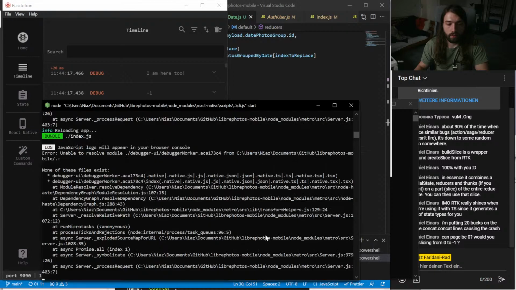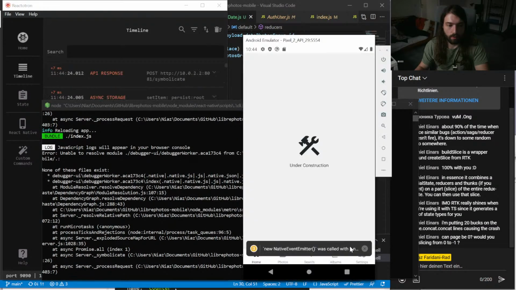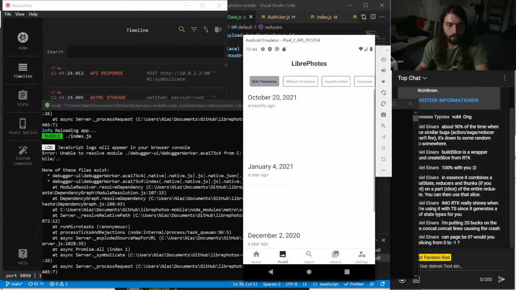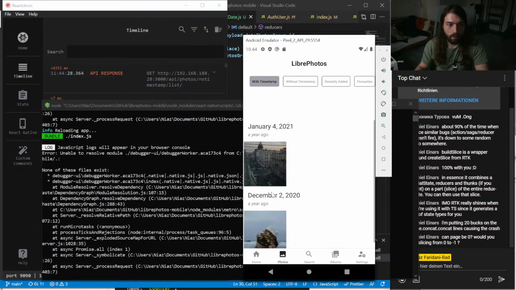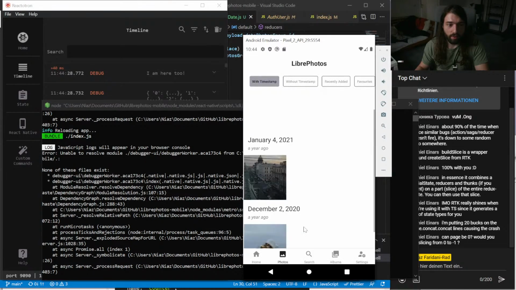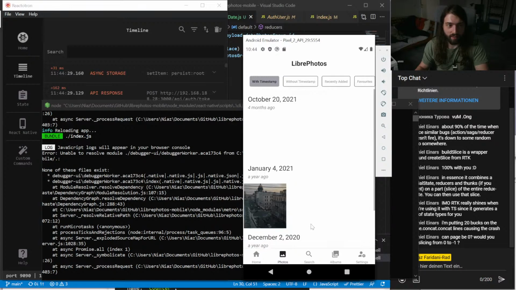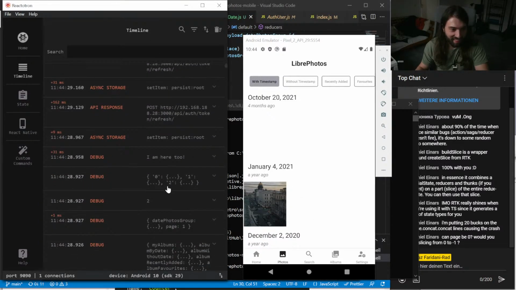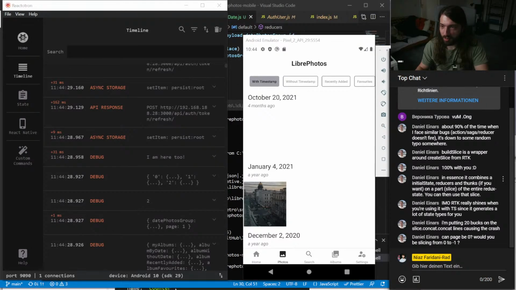Okay. Reload. Images are showing up, not for the first one, but for the other ones. Amazing. It's basically a win. Alright, so I will take a short break of about 3 minutes and then I will continue to figure out why the first image doesn't load. Yeah, but progress. Woo!